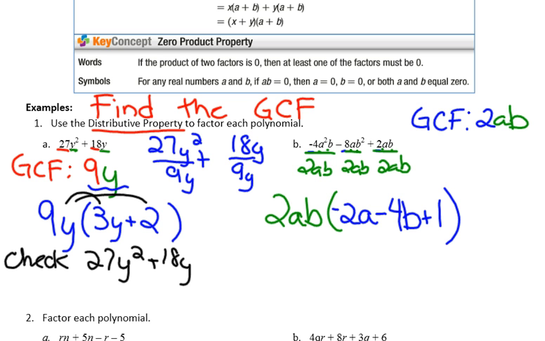I'm writing it as the product of two factors: 2AB times (-2A minus 4B plus 1). All right, so we found a greatest common factor, we divided everything by it, and we write it like this. If you can go from here to here and not have to show the division, that's great. All right, now,